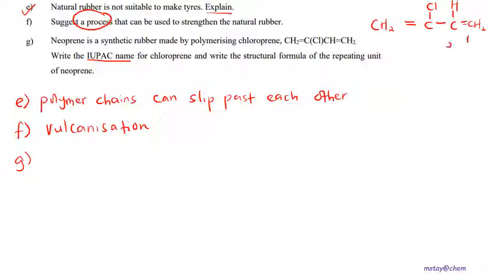So 1, 2, 3, 4, also 4 carbons, and the double bond is at carbon 1 and carbon 3. But this time the substituent is the Cl. So in this case, I think we will number the carbon from left to right so that the substituent has the lower number. So this one we will know as 2-chloro,